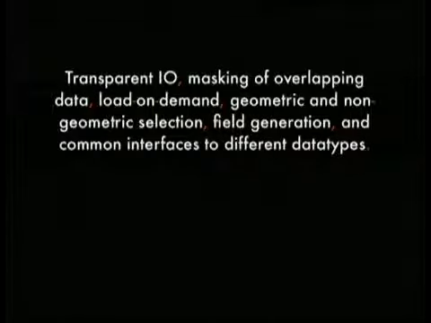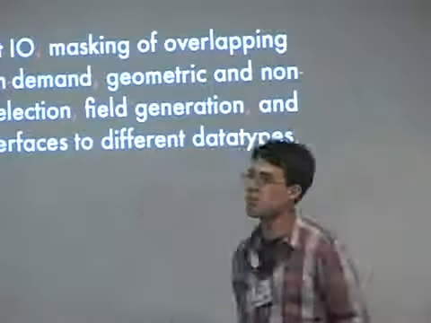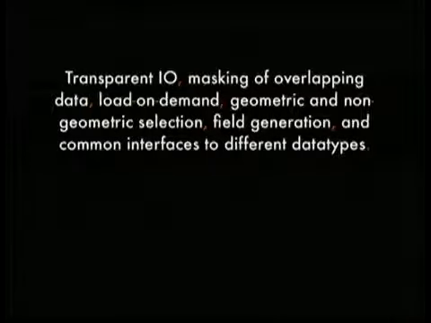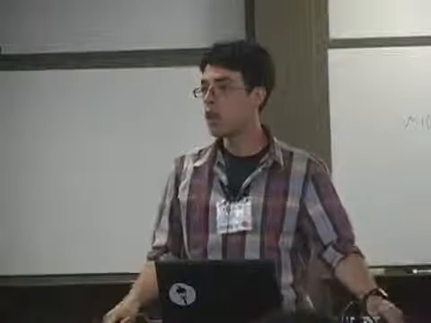One thing that I wanted to emphasize is that we do provide things like geometric selection, but we also provide something like field generation. This is probably very familiar to observers. For instance, my simulations involve the density of molecular hydrogen. But for the most part, what I'm interested in is the fraction of molecular hydrogen. And so what we do is we provide a transparent mechanism for a fully functional workflow of taking in the quantities on disk and then outputting meaningful quantities that are some combination of those fields on disk. In this case, it would be the molecular hydrogen density divided by the total density.